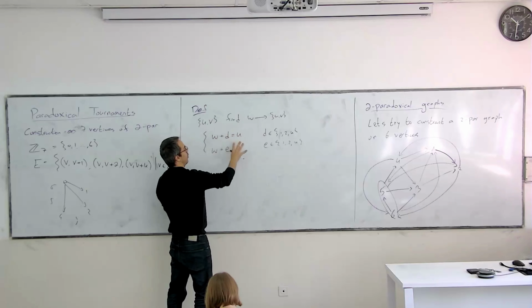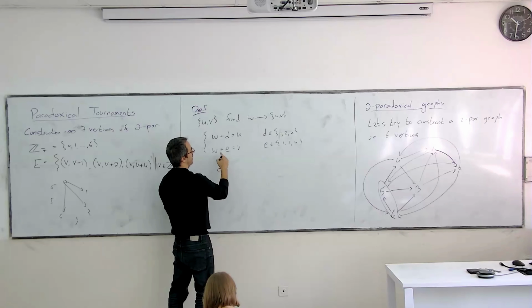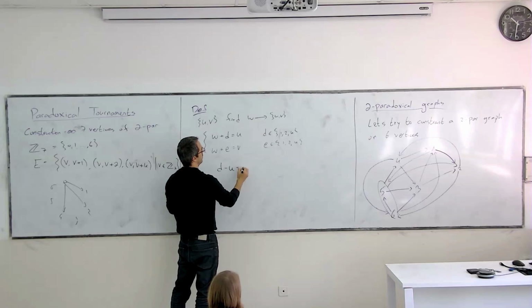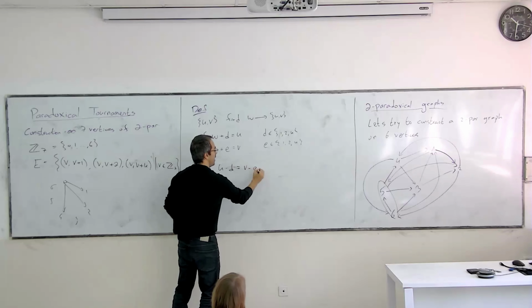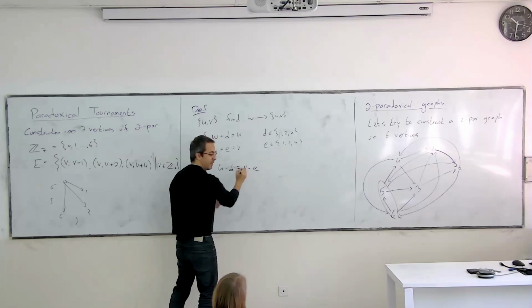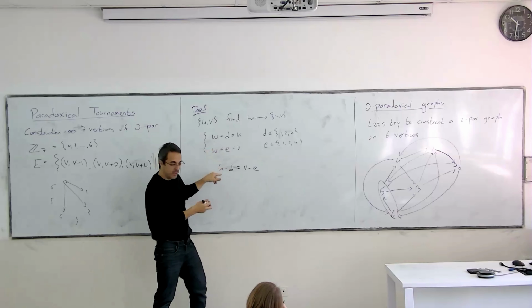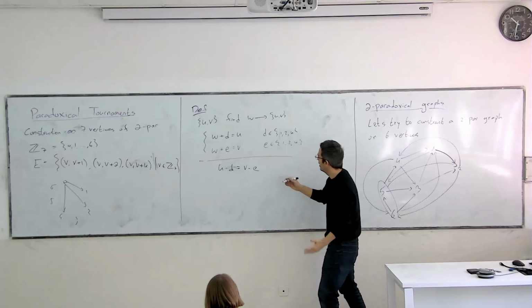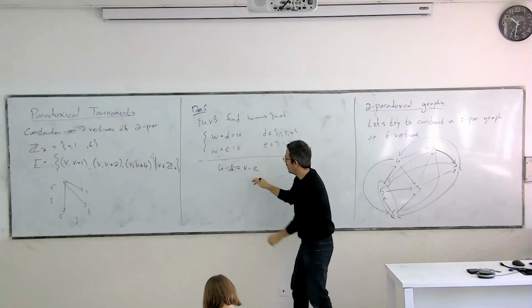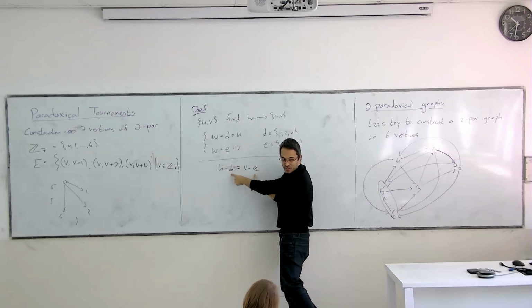Because if this holds, then definitely U minus D is equal to V minus E. So if this holds, then that holds. But actually, if this holds for some D and E, you can just recover W. Right? If I'm telling you U and D, I tell you W. So equivalently, it's enough, given U and V, to find a solution to this equation in terms of D and E.